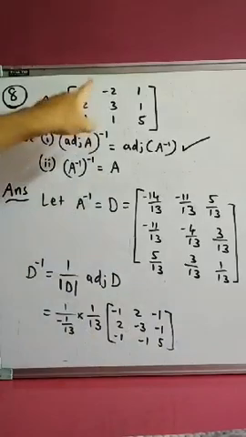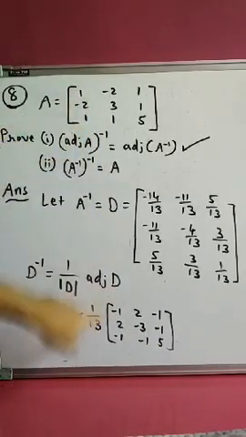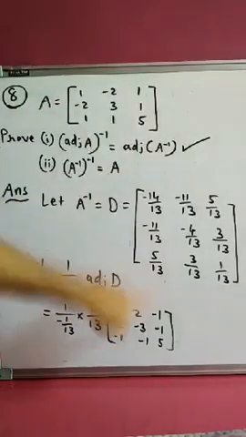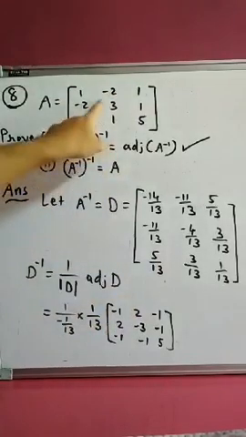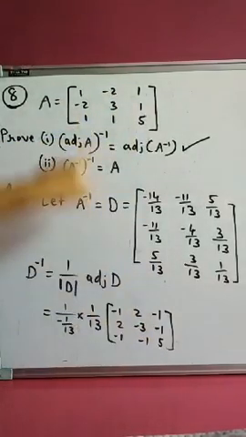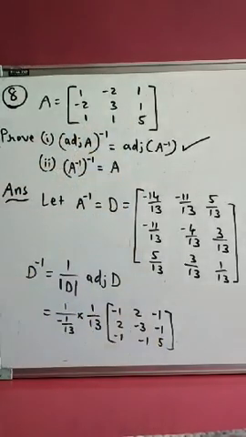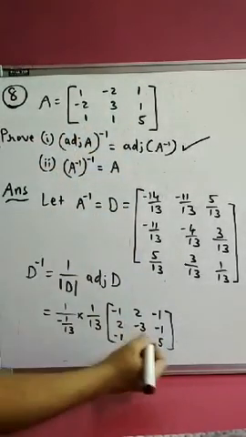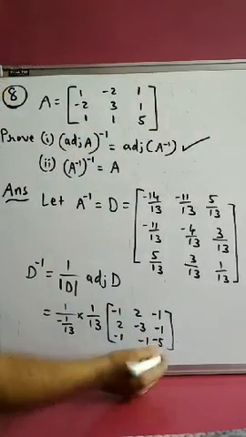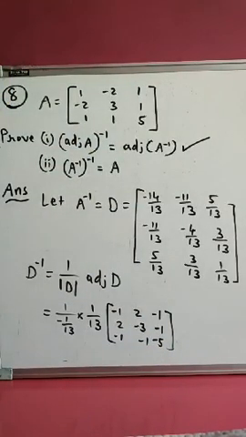See, this and this are similar, but 1 then minus 1, minus 2 then 2, 1 then minus 1, minus 2 then 2, 3 then minus 3, 1 then minus 1, 1 minus 1, 1 minus 1, 5. And here it is minus 5. Actually, here it is minus 5. I have not written it, but it is minus 5. So here you will get the answer. Why do all the signs change? Because this minus sign will go inside, and this 13 and 13 will get cancelled with each other.